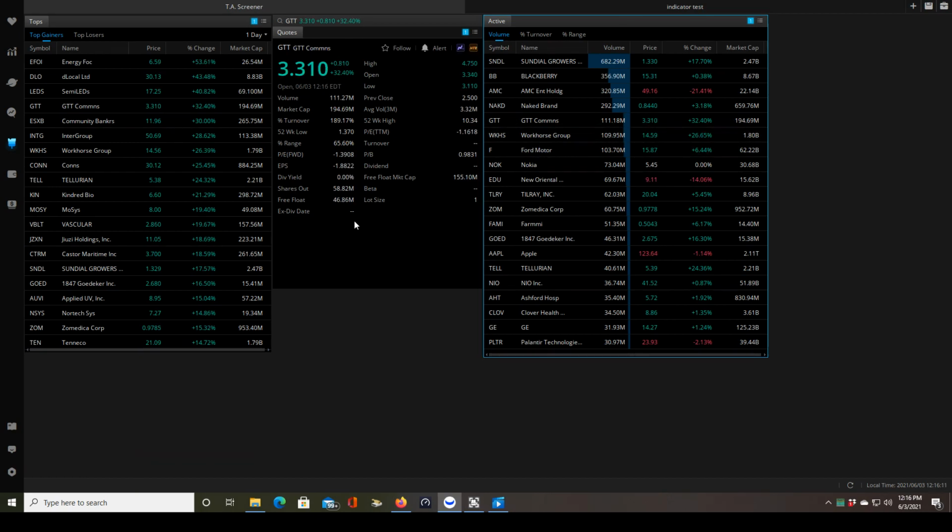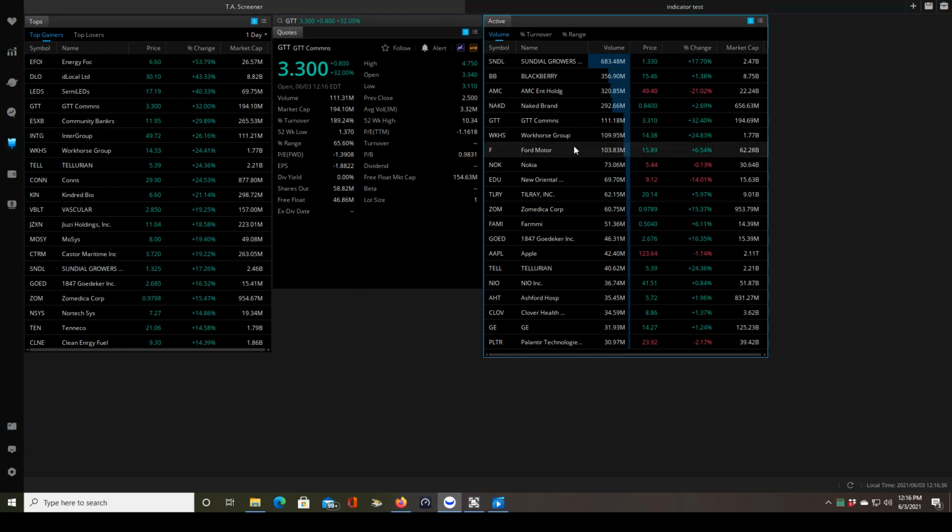So GTT has a float size of less than 100 million shares, and it's also on the top gainers list. A quick way to know that it's going to be on the top gainers list, if you don't want to just look down through every stock, is if you see, for example, it's up 32% and the bottom top gainer is 14%, so you don't even have to identify it. It's right here, but it saves you some time if you're trying to pick stocks very quickly and get ready